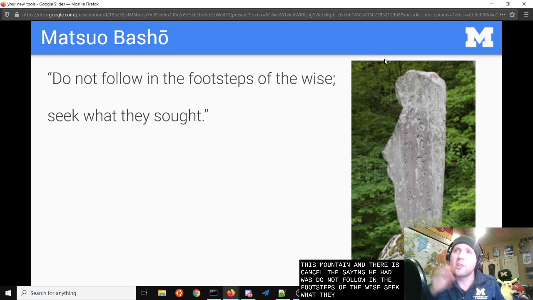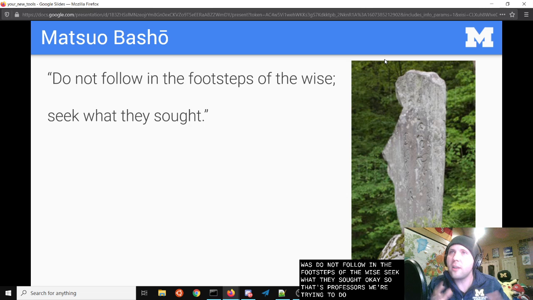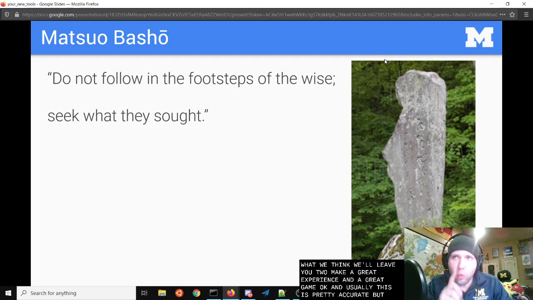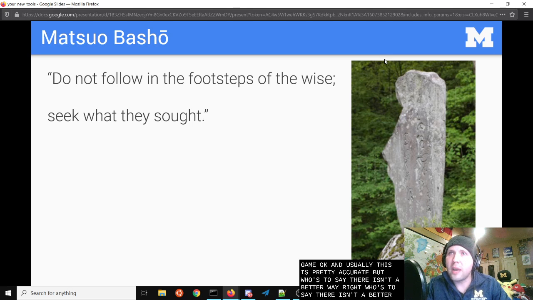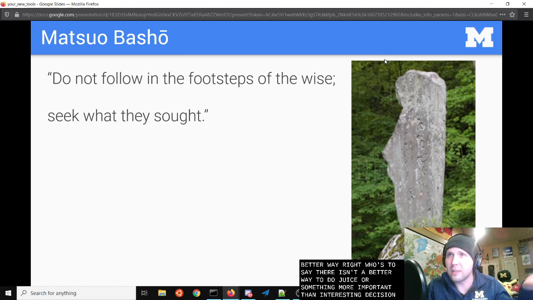Seek what they sought. Okay? So as professors, we're trying to tell you what we think will help you, right? What we think will lead you to make a great experience and a great game, okay? And usually this is pretty accurate, but who's to say there isn't a better way, right? Who's to say there isn't a better way to do juice, or something more important than interesting decisions to consider,